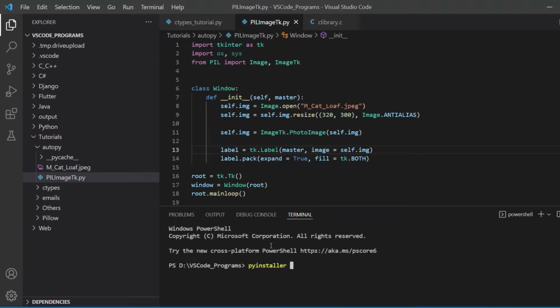You write Pyinstaller, then the format for adding an option is that you do 2 dashes, and then you write the name of the option. The first option we'll discuss is one file. What one file does is generate only one EXE. If you don't include this, it gets generated in its default format, which is one directory, and it generates a folder, and that folder has like 100 or so different files, smaller files,